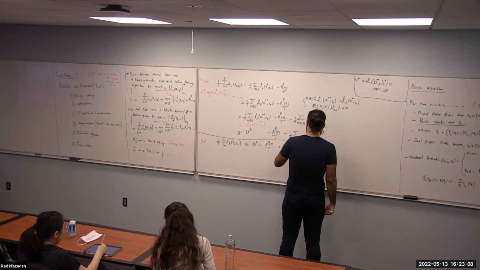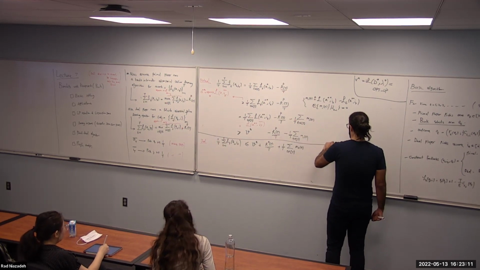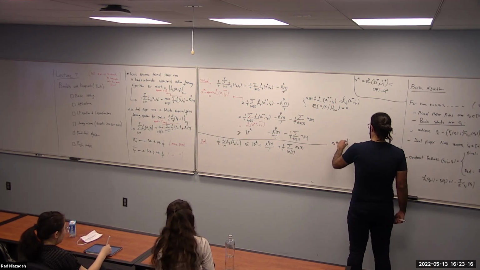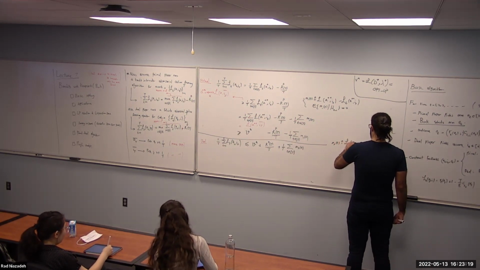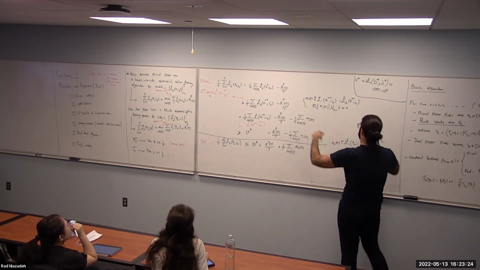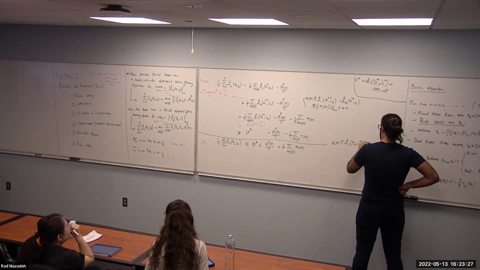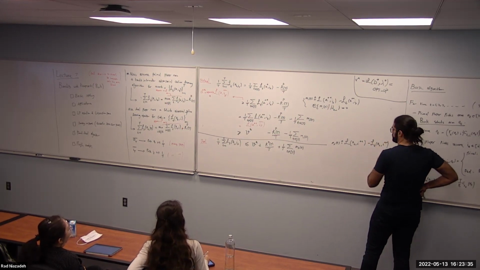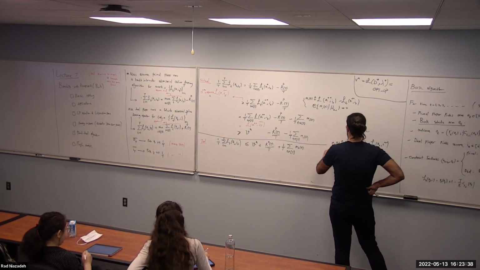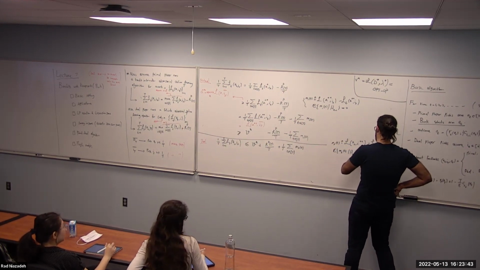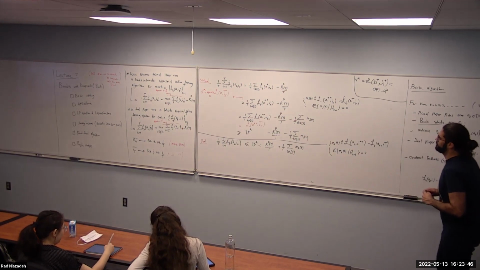t from 1 to T of M2t, where this time M2t is going to be another martingale. I think it's going to be something like L of a_t and I double star, where I double star is defined the same way but for the second player, minus L_t of a_t and I double star. And again, the expectation of M2t conditional on history is equal to zero. It's a martingale. All right.